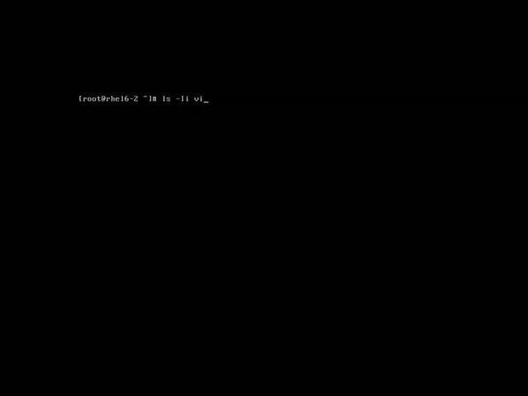A symbolic link, or soft link, is a file that points to another file, so both files will have a different inode. We create symbolic links with the ln command with the -s option. Be sure to use the full path of the source and target for a symbolic link to be created. For example,